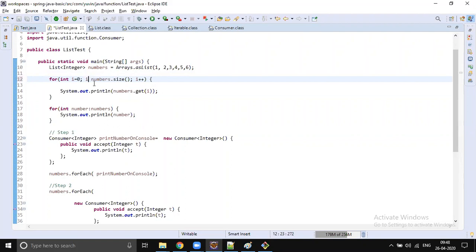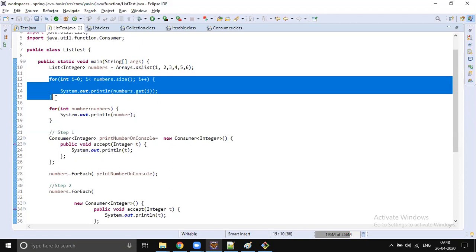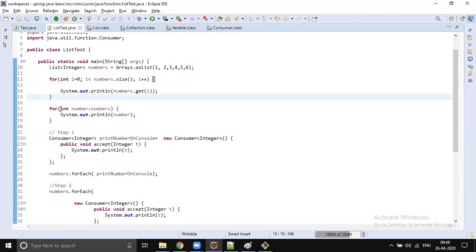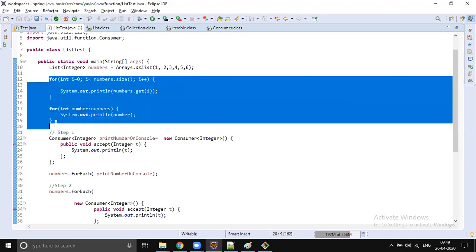Instead of typing this character, we would have typed that character. Then your for loop won't get executed, and the data won't be printed on the console. Then you have to debug the code. This kind of complexity we have with the old version of the for loop, even with the enhanced for loop. So these are all external for loops.